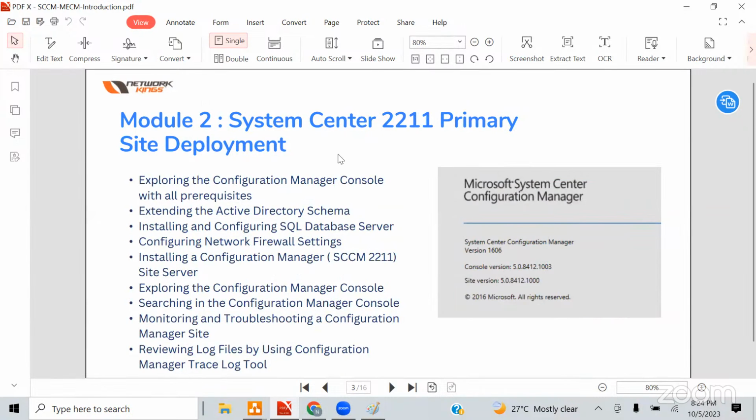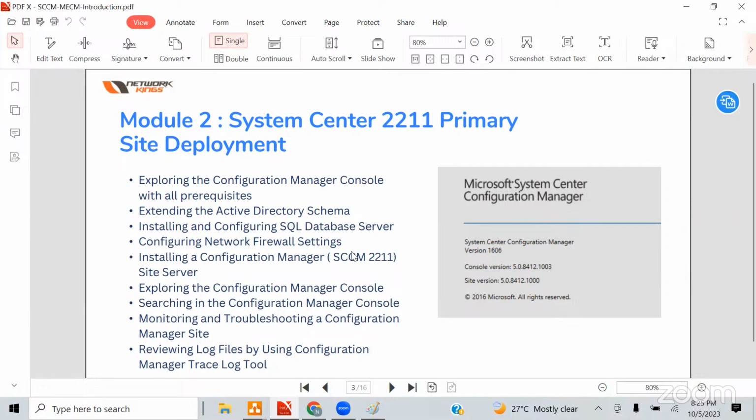okay, that deployment of primary site, right, under which we are going to configure secondary site, we are going to extend the Active Directory schema, because by default SCCM is not aware of Active Directory. So we have to make sure that it is aware of that, yes, Active Directory is something. From there only I will be able to get the data of the organization. From there only I will be able to get the information of devices. So in order to do that, we have to extend the Active Directory schema,